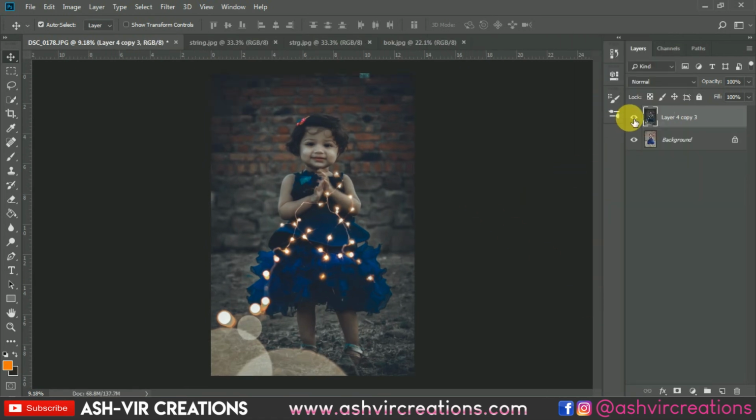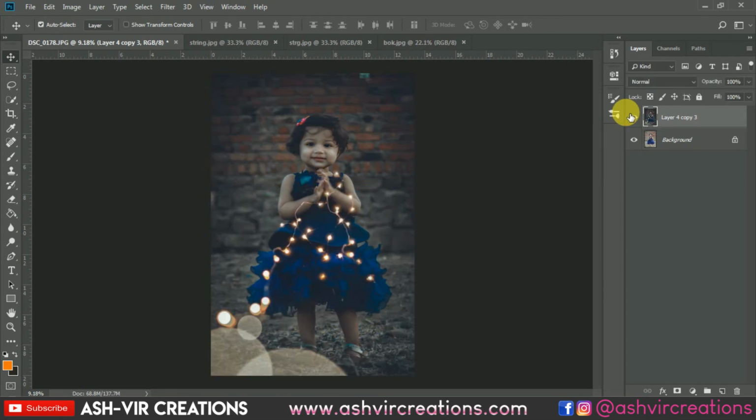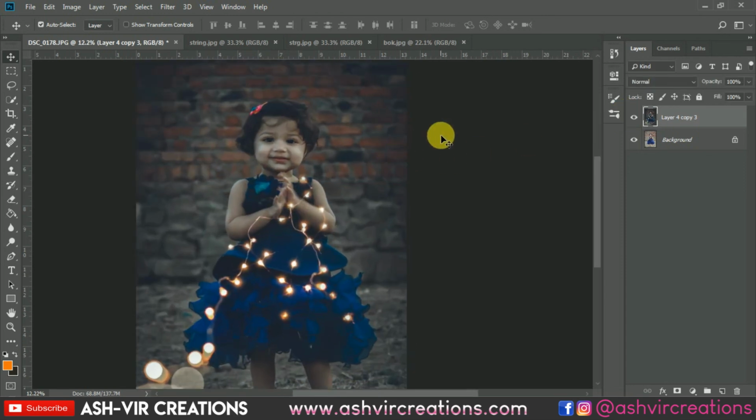And here finally we have completed our moody small baby photo editing process, like a very trending photo. Here you can see the before and after effect. It really looks very moody and looking like